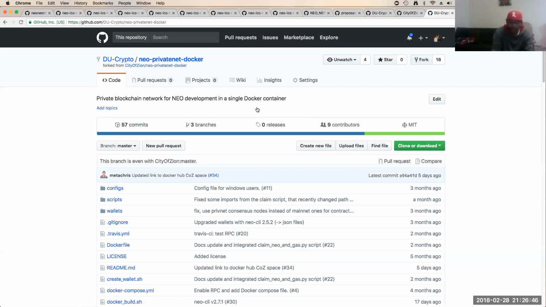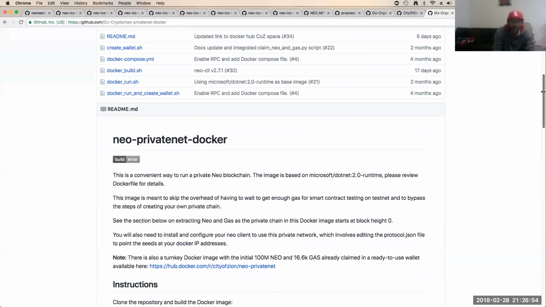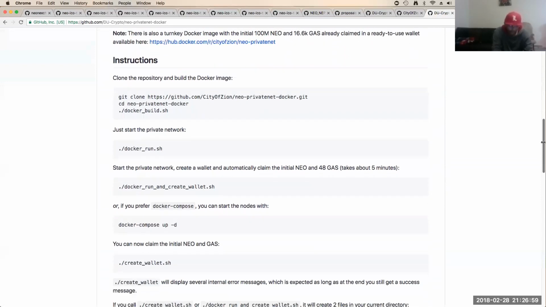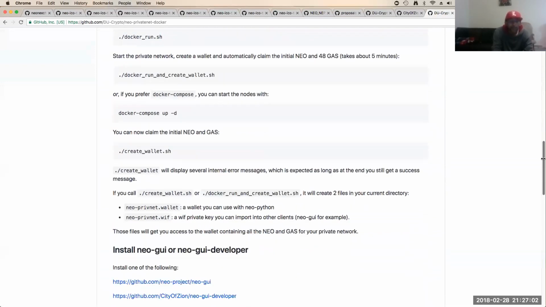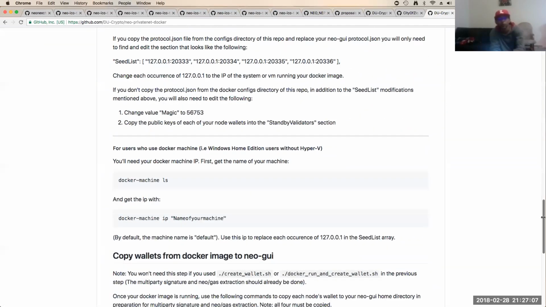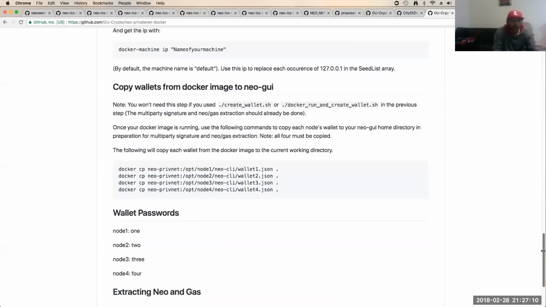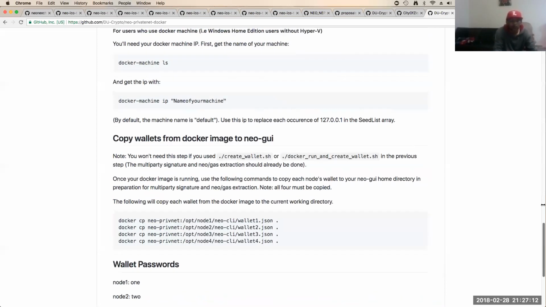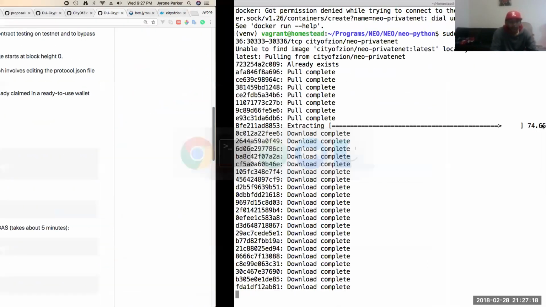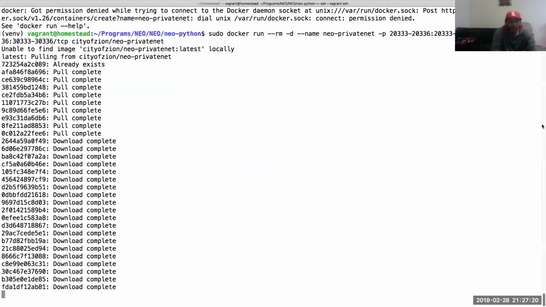So for everyone who has had trouble or hasn't gotten around to setting up their private net with Docker, here it is. Pretty simple. I'm not gonna go through that right now, but it's pretty straightforward, and you get your gas and everything set up.